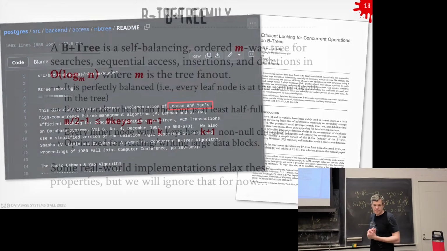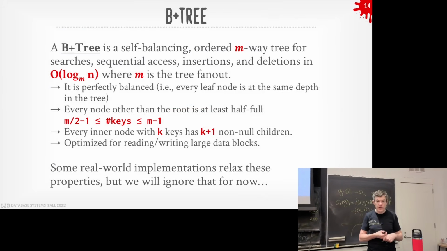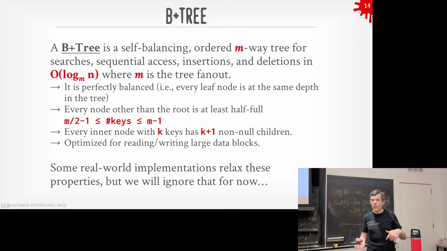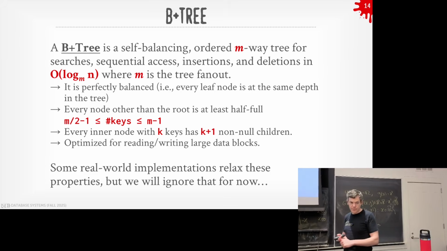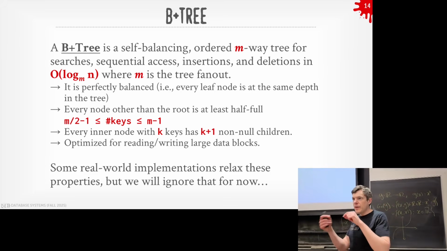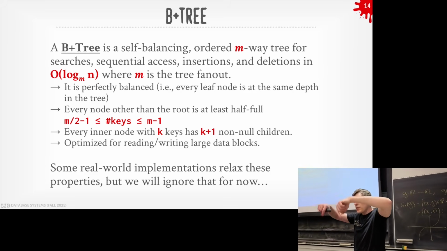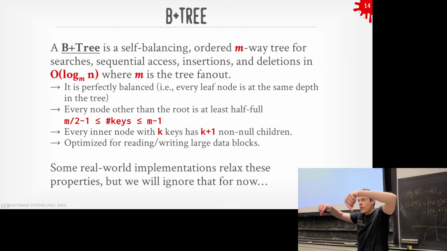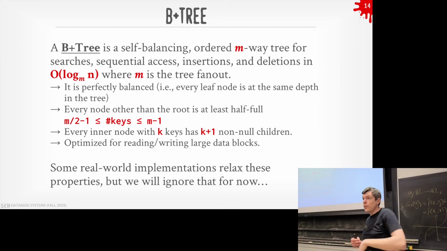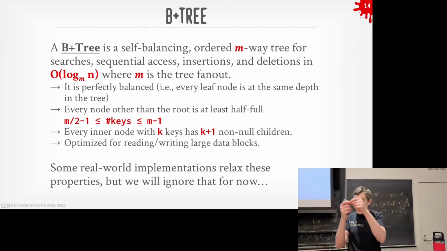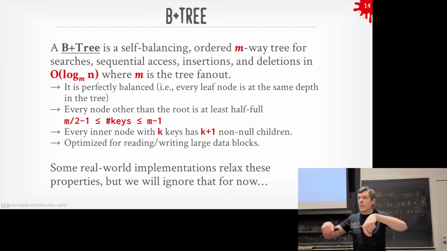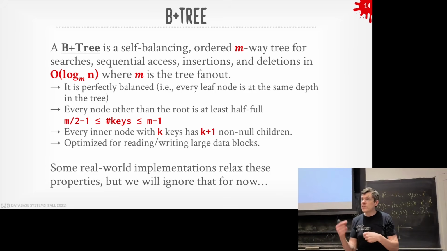Okay. All right. So a B+Tree is a self-balanced, ordered m-way tree that supports searches, sequential access, insertions, and deletions, all the things we'd want to do in a data structure, in log n time, where m defines the fan-out, the number of pointers that come out of each node, which could be to another node in the tree or to the record or whatever it is we're trying to find. So we define m by that. For every node in an m-way tree, it'll have m outbound pointers, and that's the degree of the node. But then it'll have m minus 1 keys that it can reference inside each node.